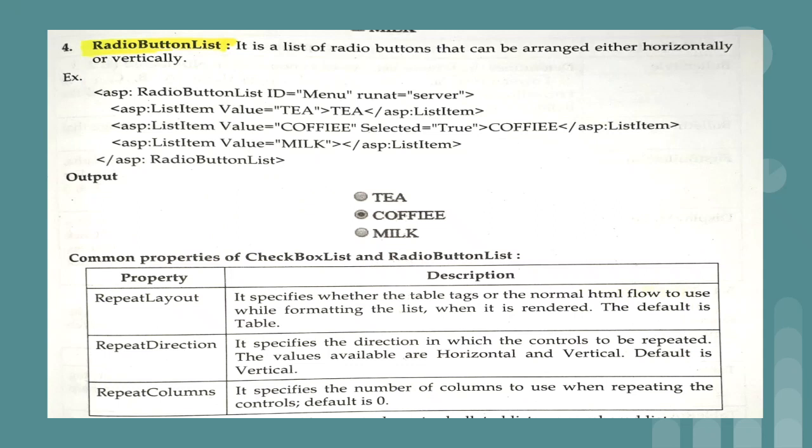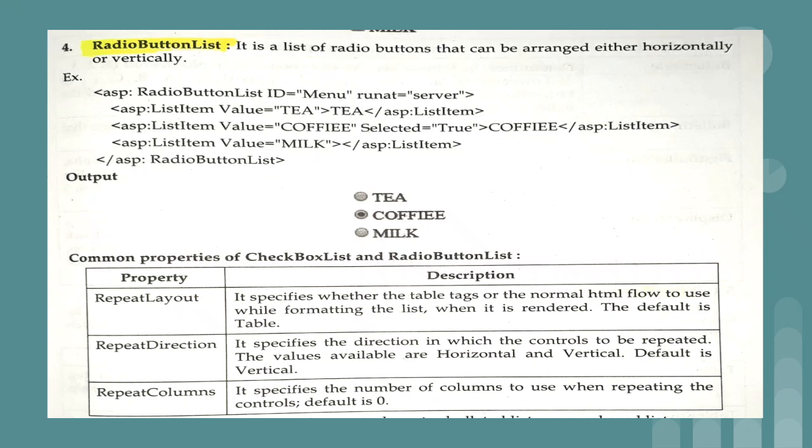But in case of radio button list, we don't have to perform such a thing, because it is a list of radio buttons. So when you select one item from the list, the other items automatically get deselected, right? So we don't need the group name, because all the radio buttons come under the same radio button list, that is, under the same group only. So automatically only one item will be selected in case of the radio button list control. We can arrange the radio button list control either horizontally or vertically, that you will see in the practical session.